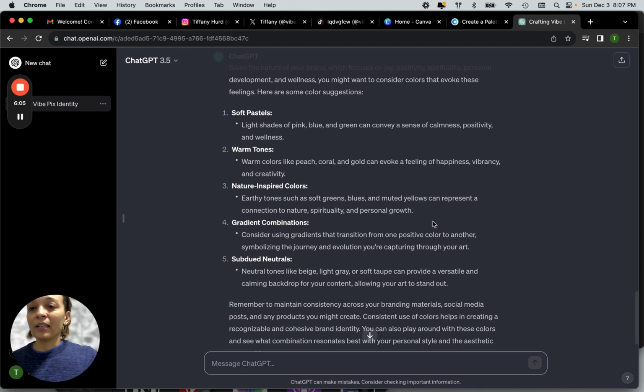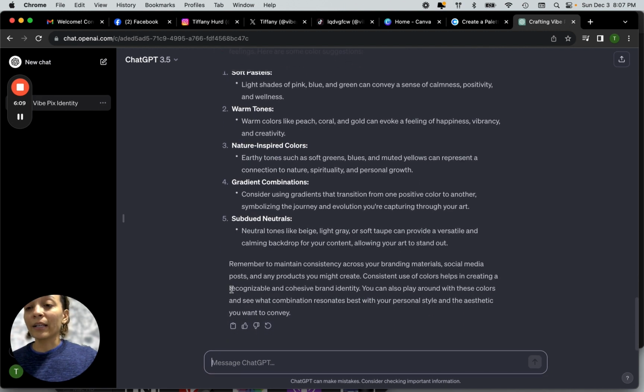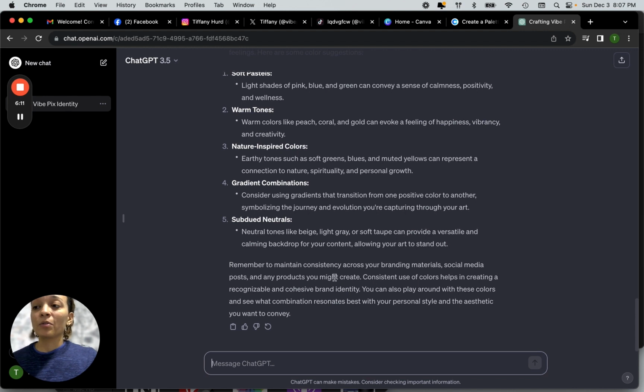So I think the nature-inspired colors, but also gradient is nice too. So anyway, that can give you some inspiration. I could even say, hey, give me the what they call the hex for the color, where it has the hashtag and numbers and letters after it, and that's a specific color. So I can even ask it to give me some specific colors and take that and use that as my